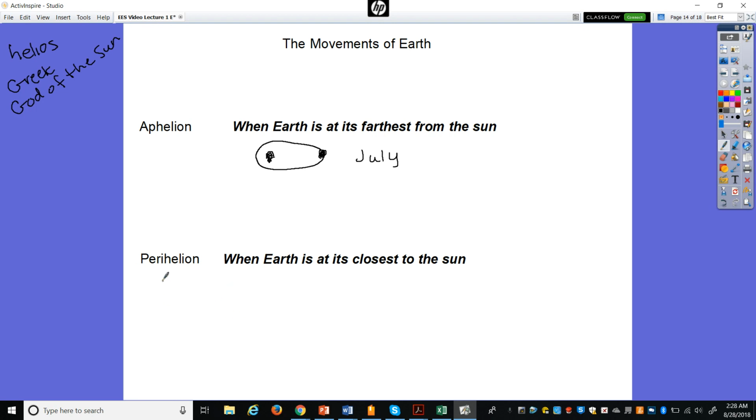And then we have this other word, perihelion. And as you might guess, if we have the sun, we have our orbit. It's when Earth is closest to the sun. And believe it or not, this takes place in January.